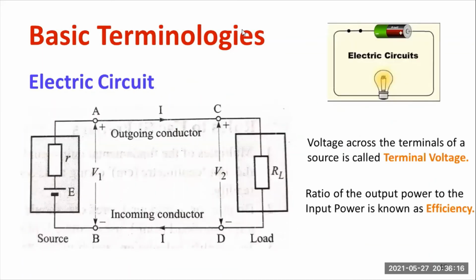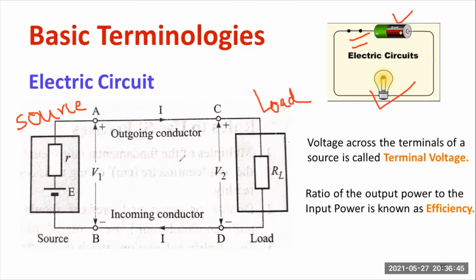Now I would like to show you one simple electric circuit. Every electric circuit should have one source, and there will always be a load. Here the battery will act as a source and the lamp will act as a load. There will also be a controlling unit in between, which I haven't mentioned, but you can understand it is there. Current will always travel from positive to negative, from higher potential to lower potential.